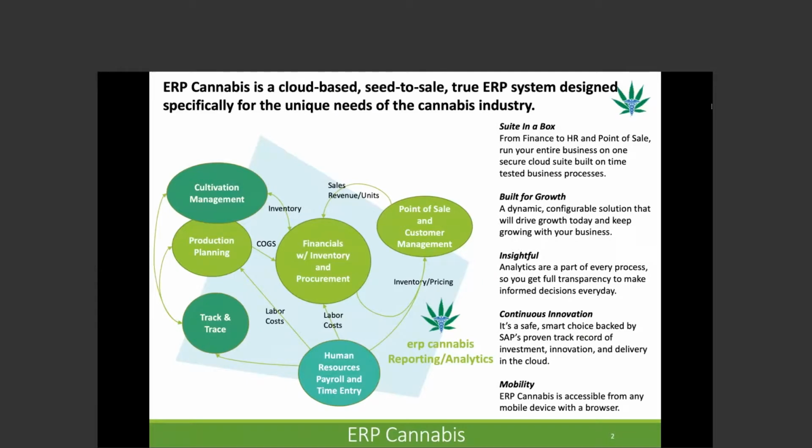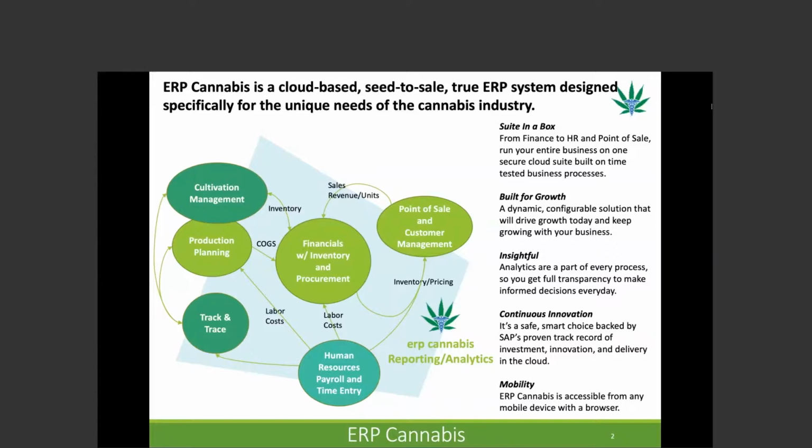So ERP Cannabis also includes a human resources module that also features payroll and time entry capabilities. So with all of that, there is information, of course, that is exchanged, and it includes all of the ERP functionality that you would expect from an ERP solution. So we also have a